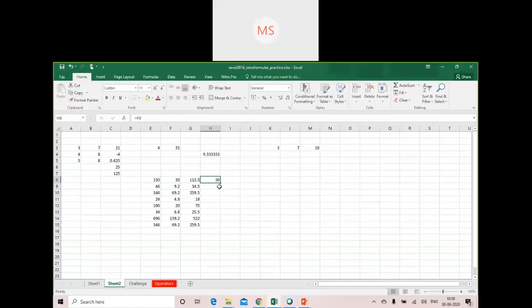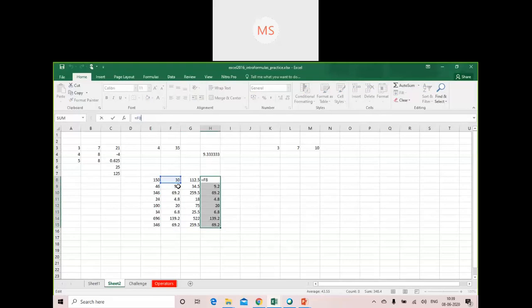The moment you do that, it will create a copy of it without using the cut copy paste option. What you are doing with the cell reference is specifying that the value of H8 should be equal to the value of F8. In the same way, you can do it for all the cells here, and the same values will be copied here.